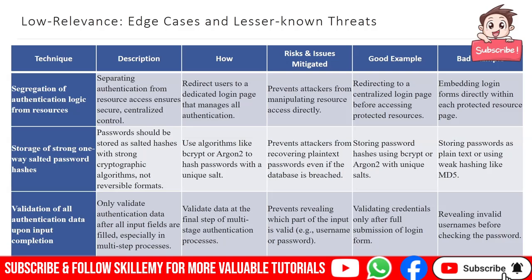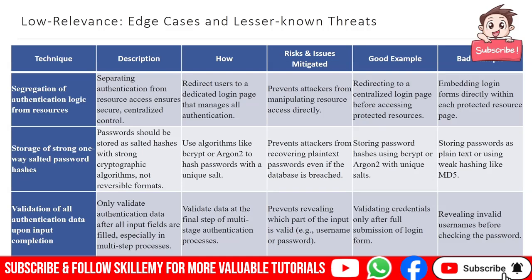Storing passwords as plain text or using weak hashing algorithms such as MD5 is extremely dangerous, as it allows attackers to recover passwords easily if they access the database. With salted hashing, even if an attacker gains access to the hashed passwords, they cannot easily revert them to their